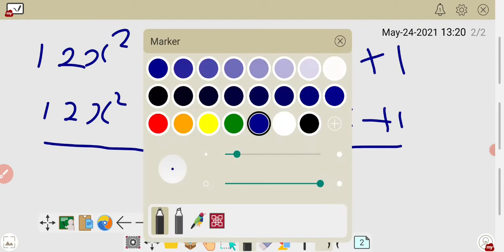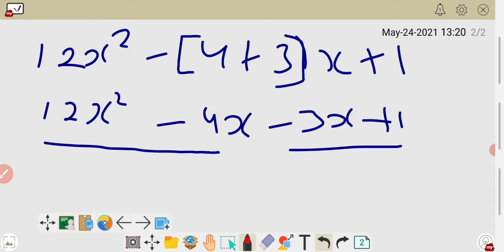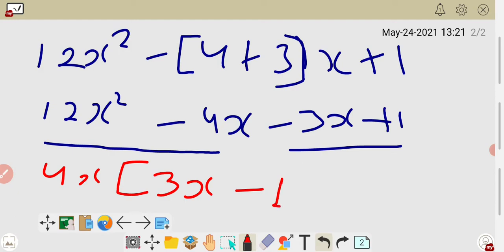Now take out the common. You have to take out the common. Okay, 12 and 4, which one is common? 4. So write here 4, and x square, x, you write here x common. Okay, now 12 4 3s are 12, write here 3 and 1x, so 1x remains here. Minus 4x completely comes outside, so write here 1. When a complete number comes outside, you always have to leave 1, right?